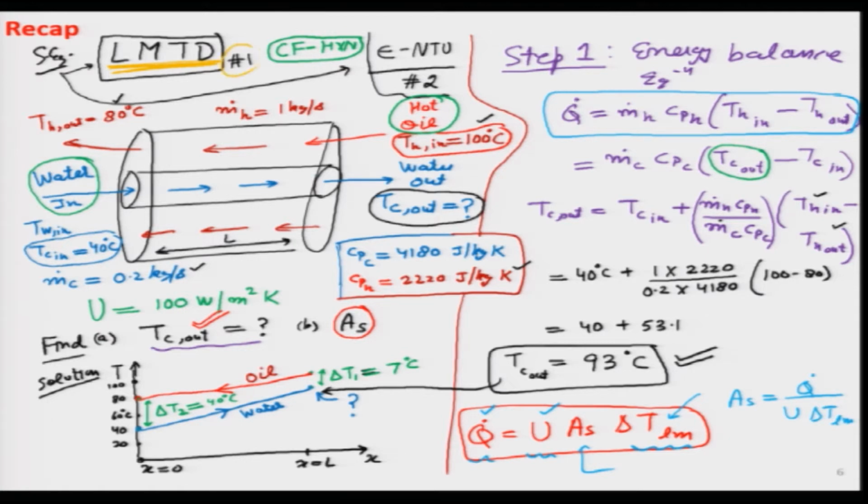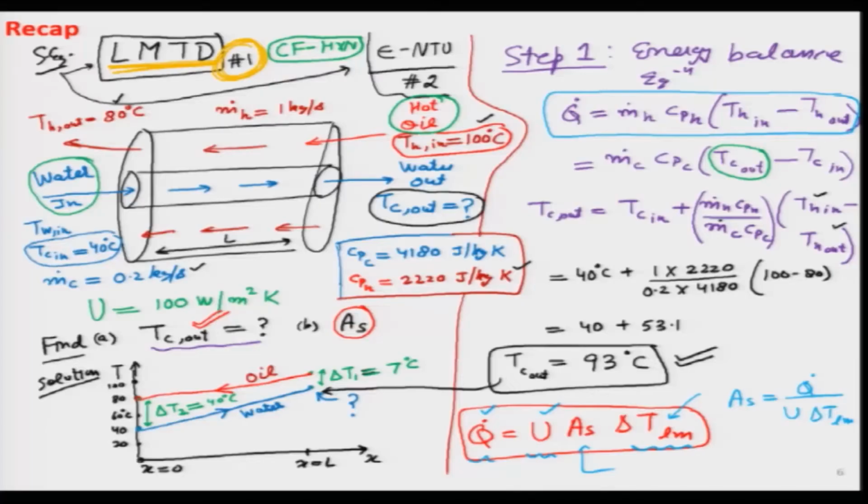Interestingly, we will redo the same thing today with the second method. I had written last time this is method number 1, LMTD, and today we will look at the same problem with the epsilon NTU method. Here we have hot oil entering from one side, being cooled with the help of cold water entering from the other side, and parameters such as mass flow rate and overall heat transfer coefficient were known. First we had to do an energy balance in order to evaluate the water outlet temperature, and next we had to figure out the area of this particular heat exchanger.